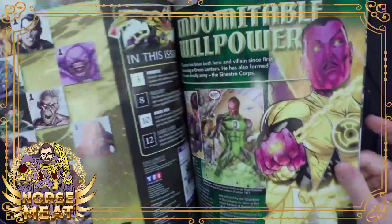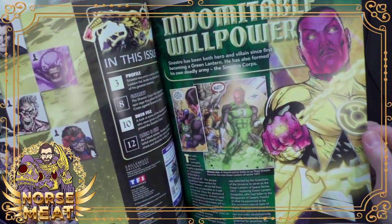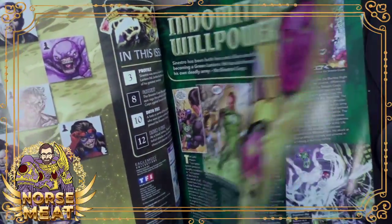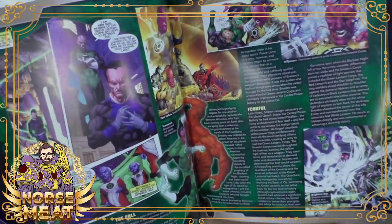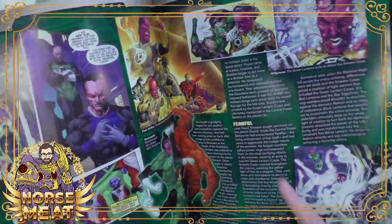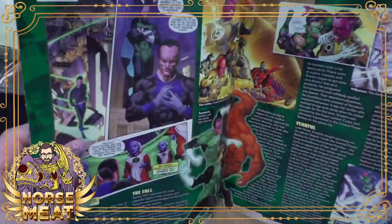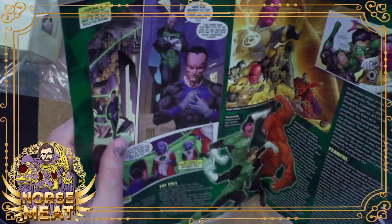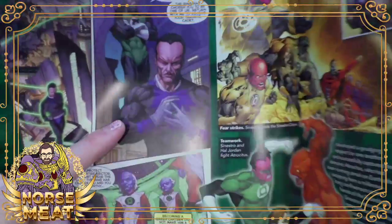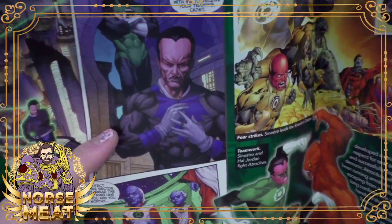If you're not a Lantern person, there's a lot of backstory. Indomitable willpower. These books are always really great. Like they've got a lot of really cool comic book images. They're not always the best written. There are a lot of typos in these things typically, but it gives you a little past. So pre Green Lantern, Sinestro back on his home planet, wearing the suit that would later become famous in the Legion of Doom. You can see the little star pattern